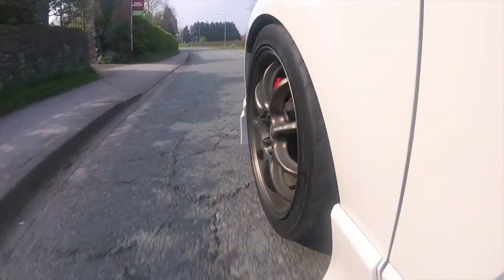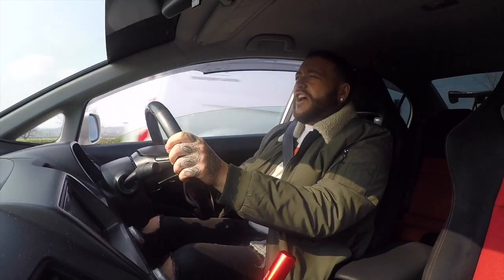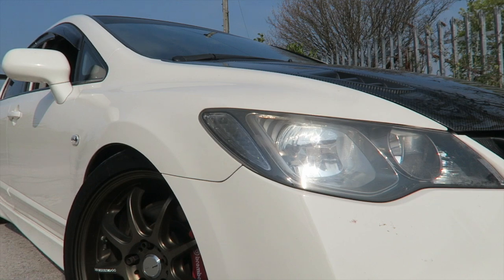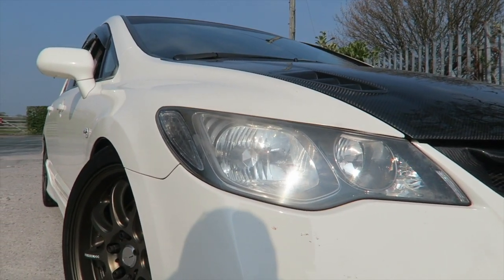This one, as you can see, has many Mugen goodies on it with a big J's Racing carbon fibre spoiler on the back. I do love the carbon bonnet with the white going over at the sides with the white of the car. It has a bronzy gold set of wheels on it, which, at work emotions, look so good in contrast with the white. That engine though,